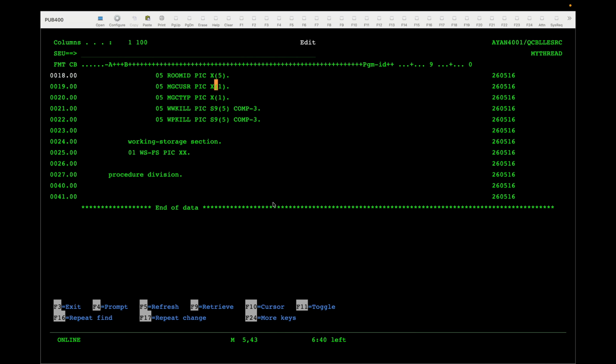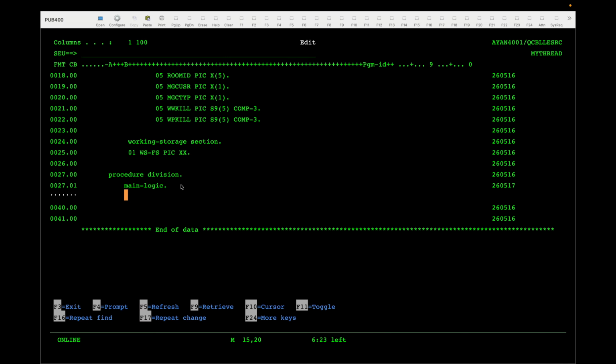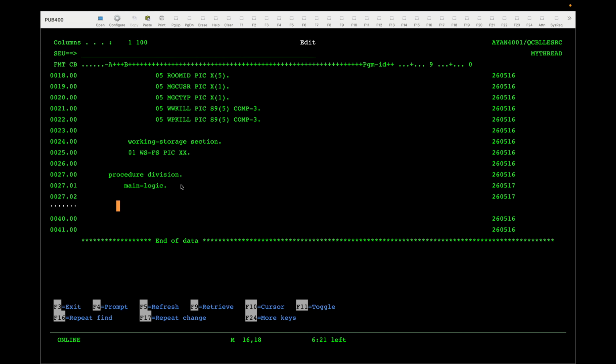Okay, now we have to do a sequential read. So I am in procedure division right now. Here I will write main logic. Main logic, maybe I will give basic. Okay, read mythic file,